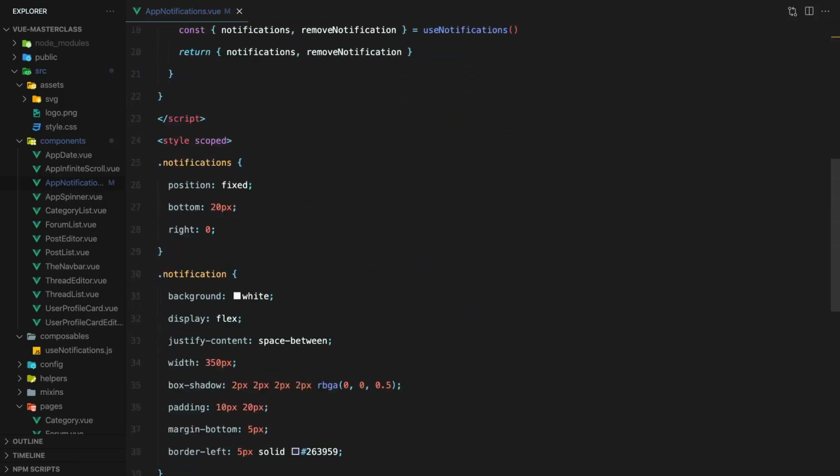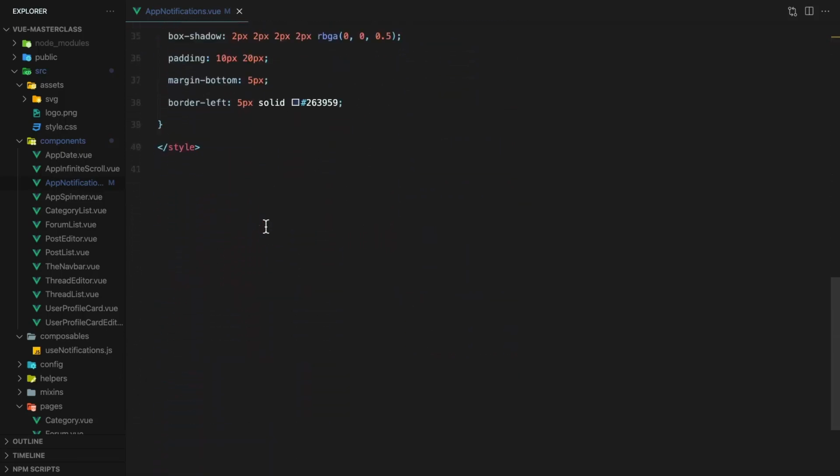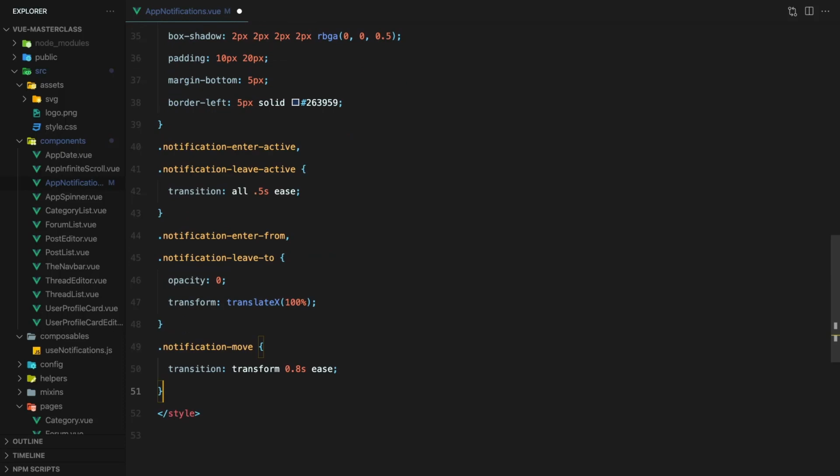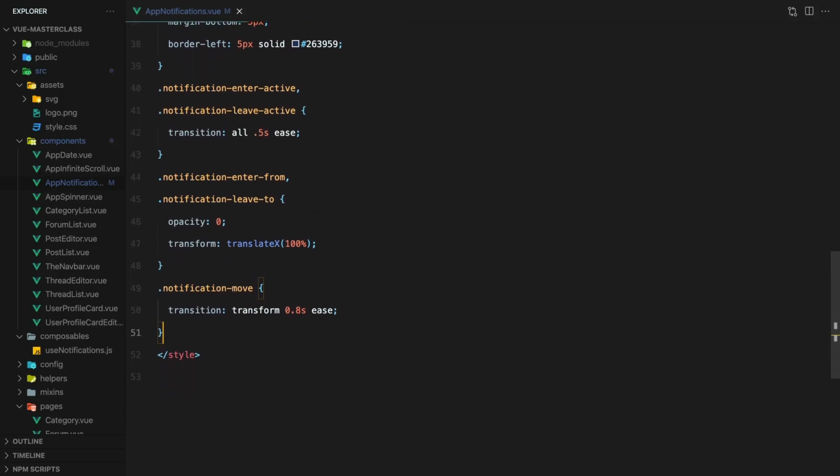Then, we can provide some styles based off the different states the transition group component gives to each of the notifications. This starts by giving the notification divs a transition of half a second. Then it says that right at the time the div is inserted into the DOM, give it a 0 opacity and move it over to the right 100% of its width.